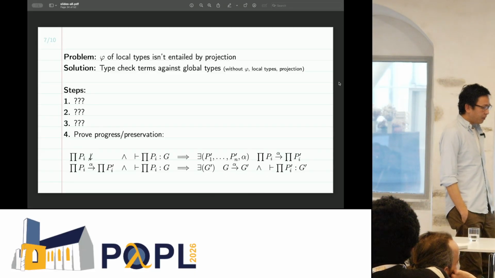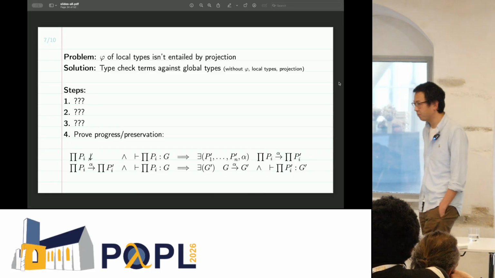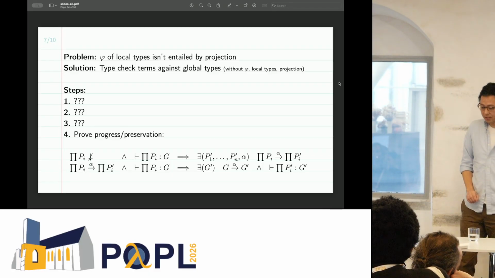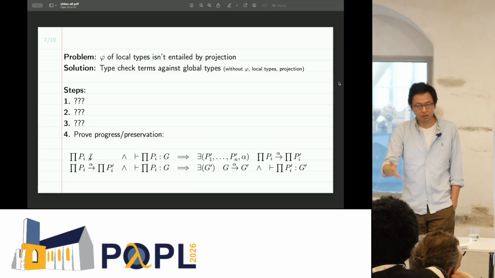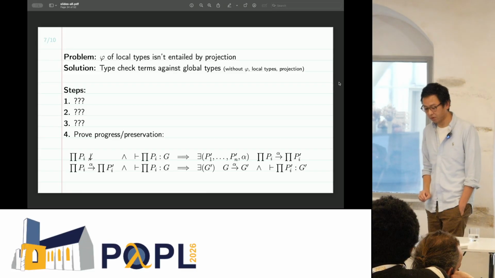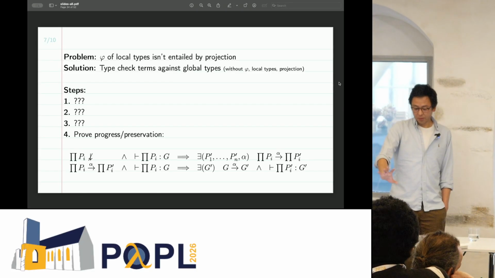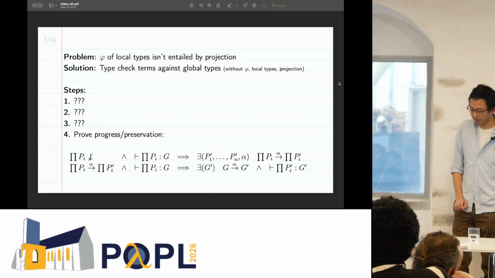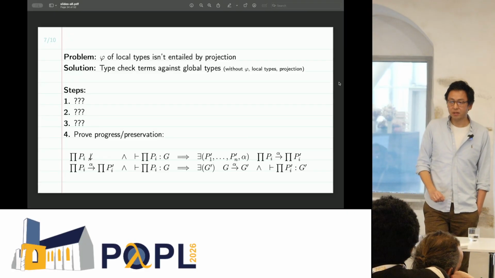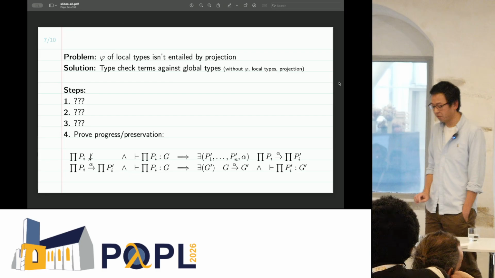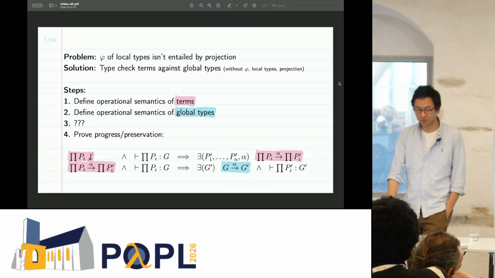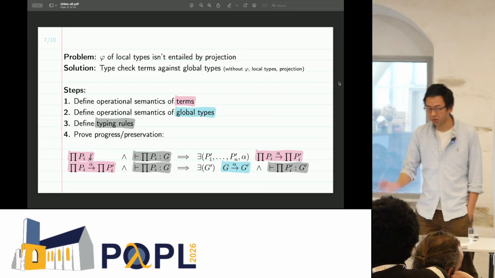The last step that we do is prove progress and preservation, which are now formulated like this. It's essentially the same as what I showed you before, except that we now have global types as our types, and we no longer need this phi property. Okay? Now, if you look at the formulation of these properties as progress and preservation, then we can identify 3 things that we need to define before we can start doing any of the proofs yet. Namely, the operational semantics of the terms, the operational semantics of the types, and the typing rules that link everything